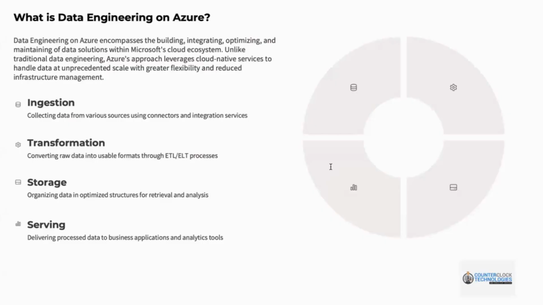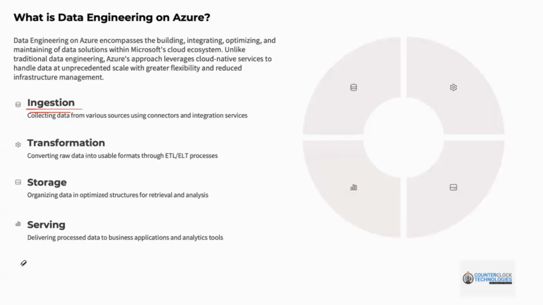We can think of it like building a production line, but instead of manufacturing widgets, we are producing clean, reliable, and analytics-ready data. The process typically involves four broad phases. We start with the first phase, which is always the ingestion phase. So in the ingestion phase, what exactly we do is,